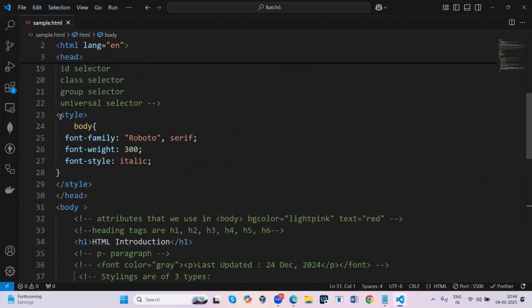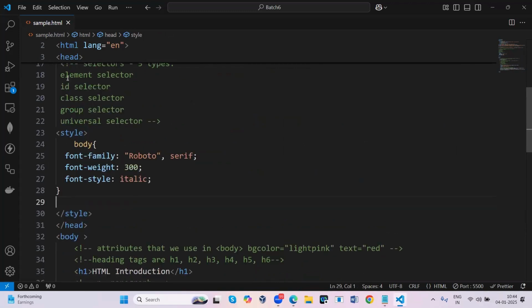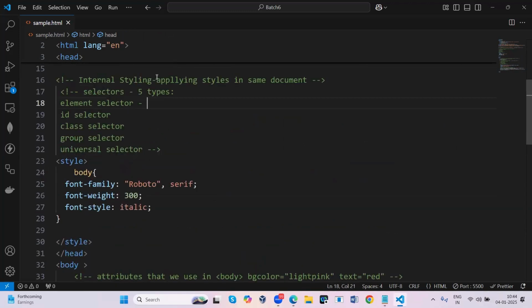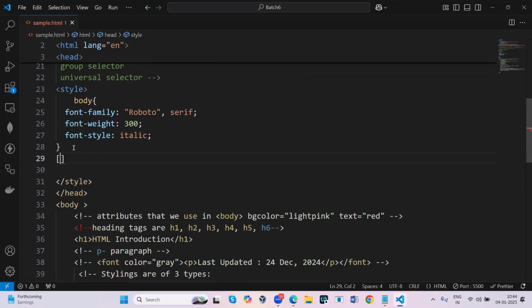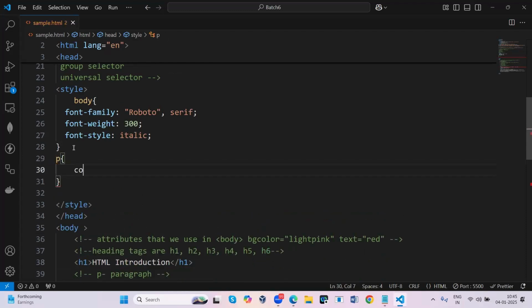You have to write everything inside the style tags itself, with the help of an element selector. Element selector means using the HTML tag. So for paragraph, I want to give the color red.